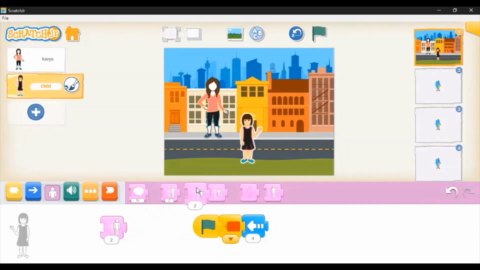I'll place them again to increase the size, to shrink the size of the character. Now when I click on this, the character will disappear. So see, the character disappeared. Now I want the character back. So I use the next sub block. When I click on this, my character will come back on the screen. All right, so here is my character.